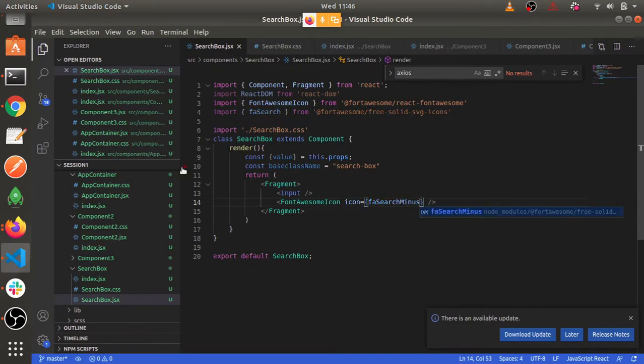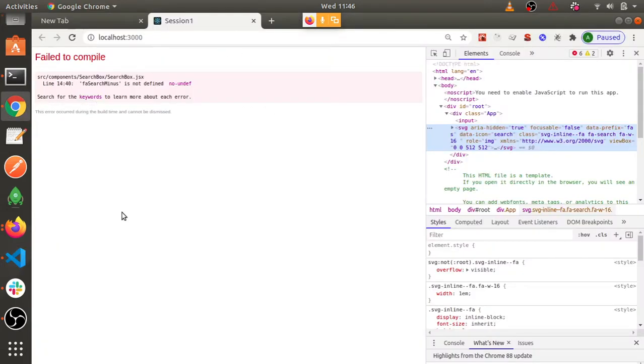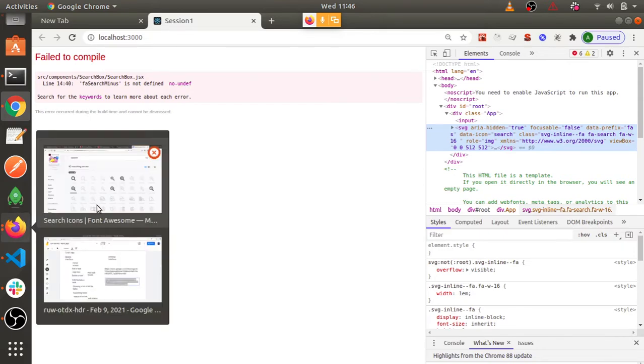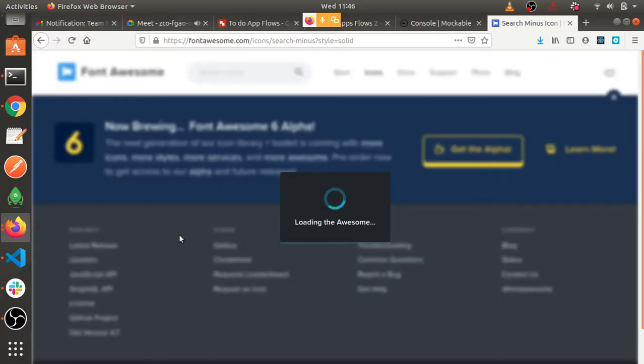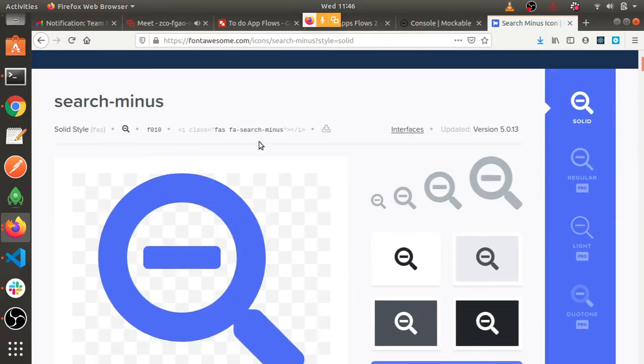Now we'll see here. Oh, search minus is not there. Spelling is same. Let's go here and see what I should name it. FA search hyphen minus, search hyphen minus it is.